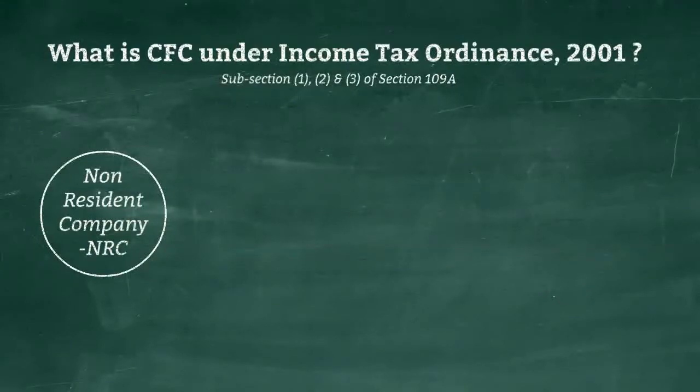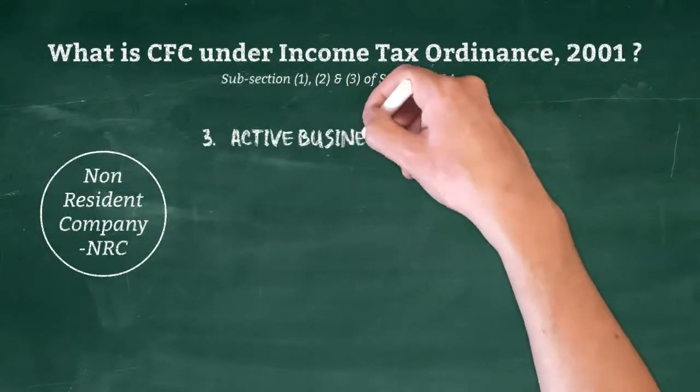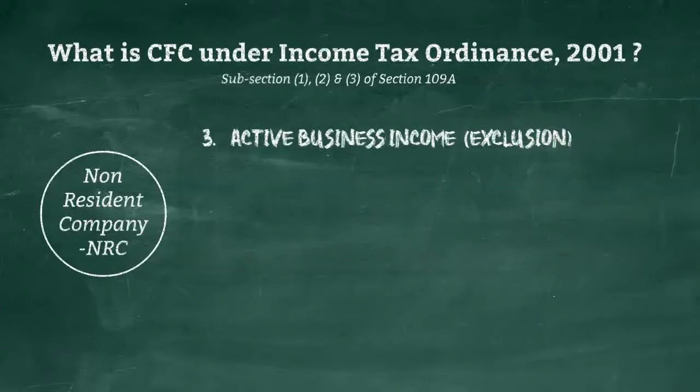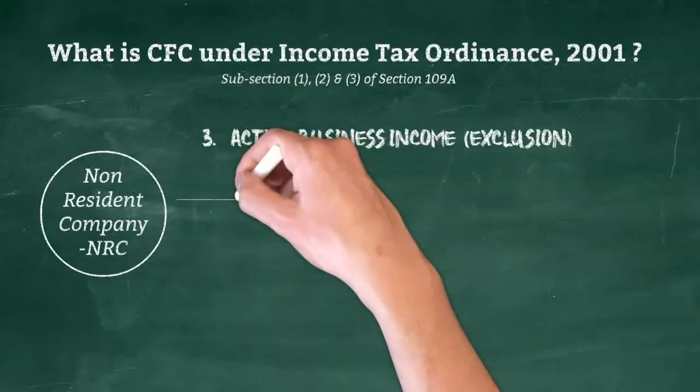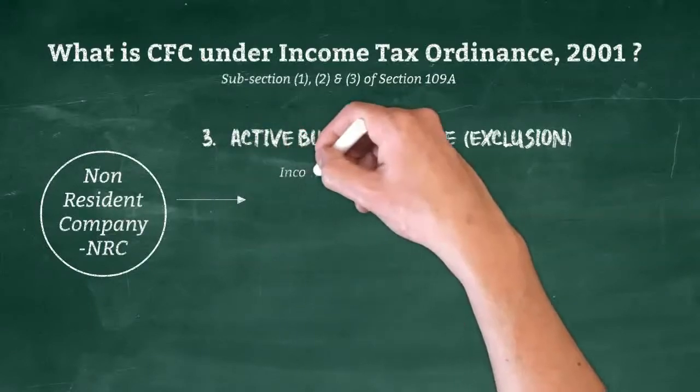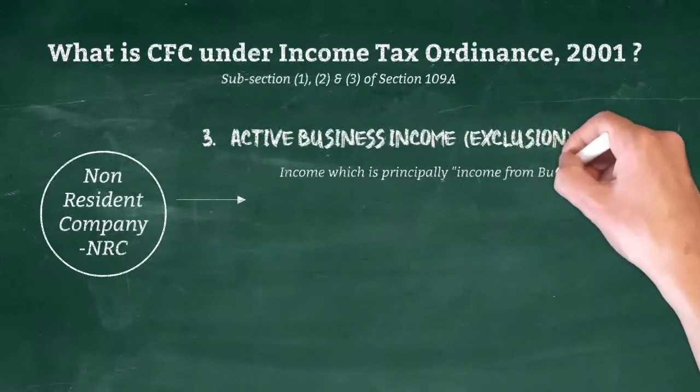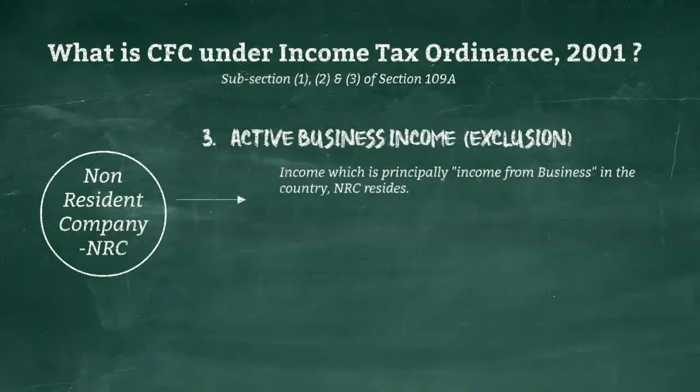Let's move on to the third criteria, which is basically an exclusion from the CFC definition. That is where a non-resident company earns active business income significantly. Active business income here is basically associated with genuine business undertaken in any jurisdiction with economic ties, which can be trading, services, manufacturing activity or so. So it can be termed as income from business, which is genuinely attached to the economic ties of that country